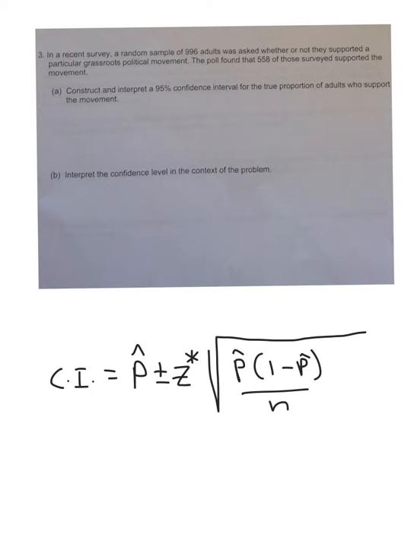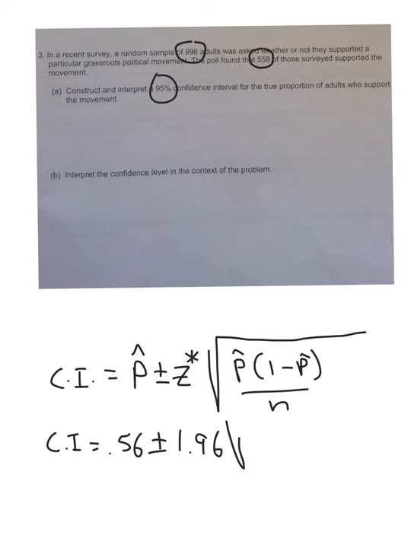Now we're going to have to do all of the number stuff. So the proportion is 558 out of 996, and we are at a 95% confidence interval. So there's our proportion to start out with, and our Z score is, I put in the calculator for inverse norm, and it's a 95%, so we put 0.975 to get our number, which is 1.96,